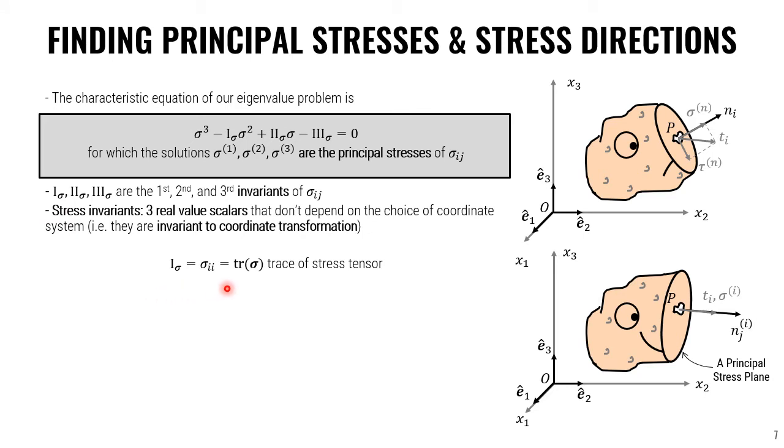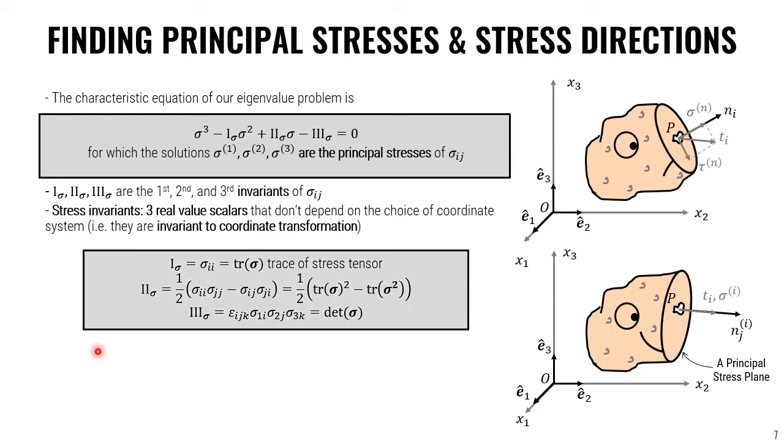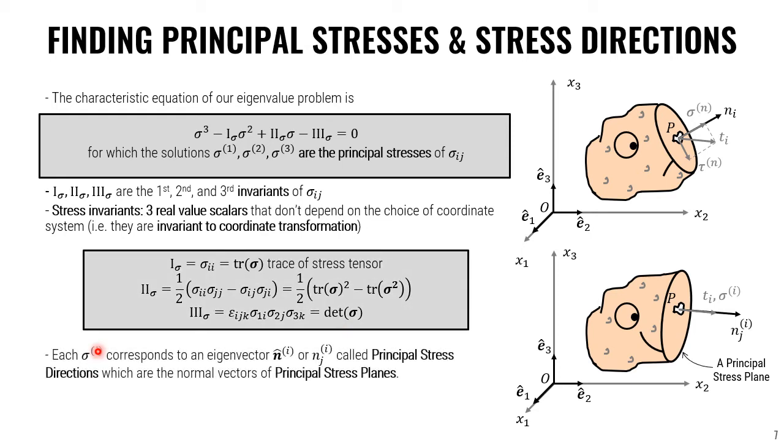The first invariant is the trace of the stress tensor, sigma ii. The second invariant is half of the square of the trace minus the trace of the stress tensor squared. And the third invariant is the determinant of the stress tensor. So we find these invariants. We solve this equation for sigma 1, 2, and 3, and